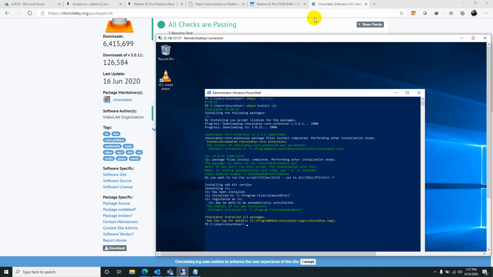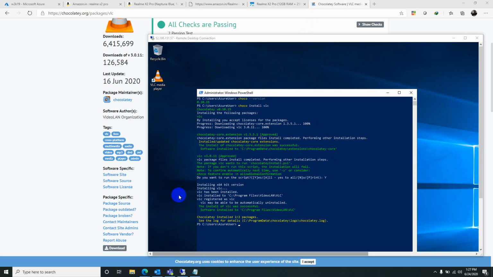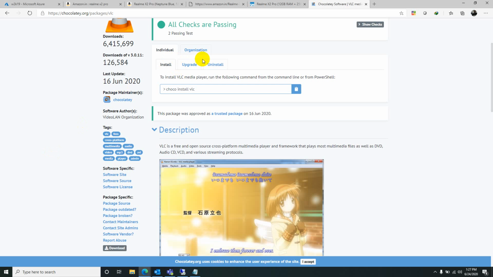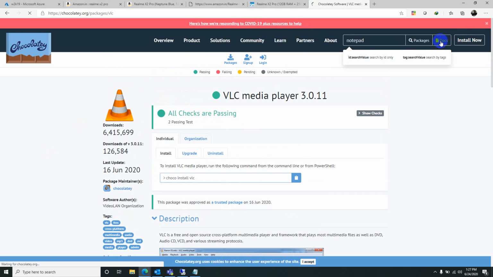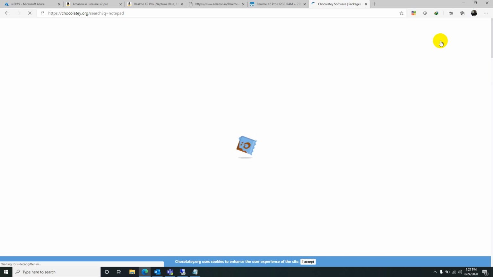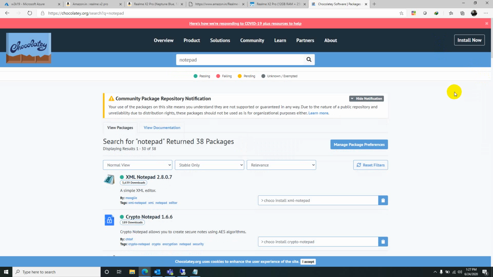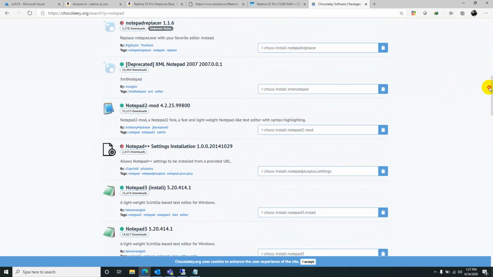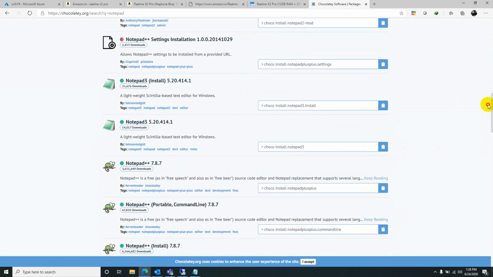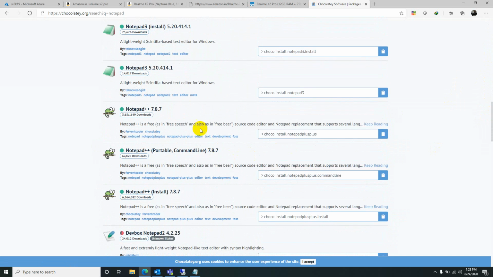So the same procedure. Let me now search for another application. You can search in Chocolatey only by searching here. I want to search Notepad++. You see, crypto notepad, notepad2, notepadplusplus 7.8.7.